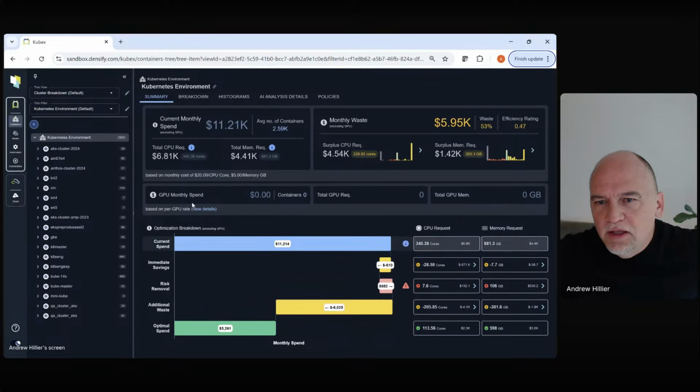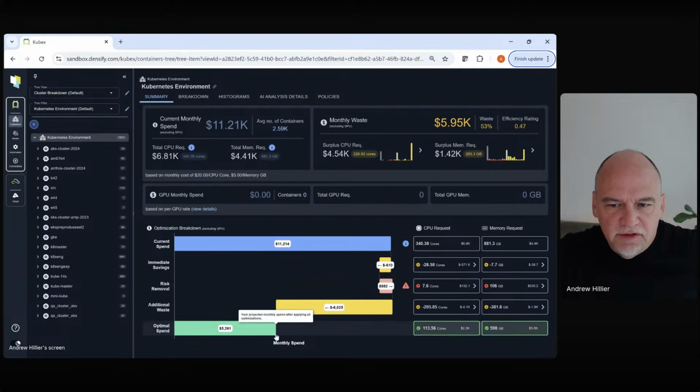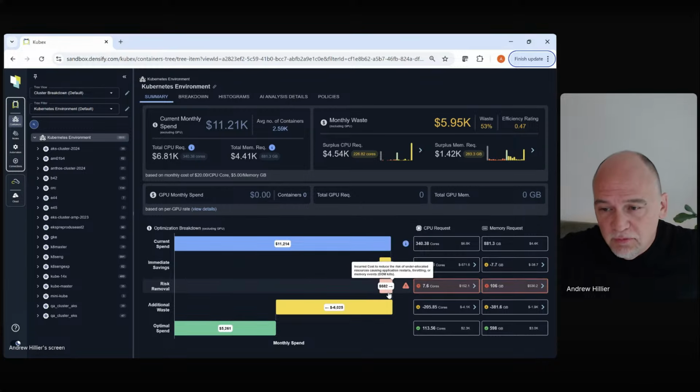So what I'm looking at now is the front screen of a Kubernetes analysis. And I'm not going to spend long here. This is more of a FinOps oriented view. I know there's a lot of detail here, but it's basically saying you're spending a lot on the infrastructure running containers. If you fix the requests and limits, you'll be spending less than half. And there's details on how to do that. There's things that are safe to do. There's things you need to fix, like out of memory kills, before you go any further.